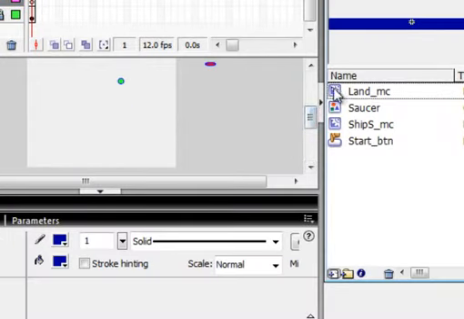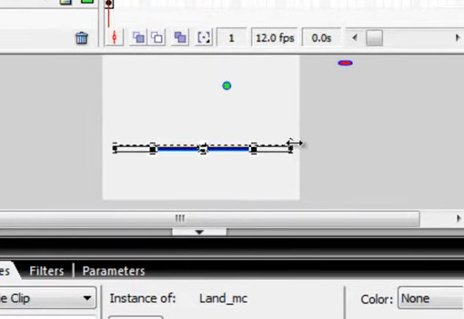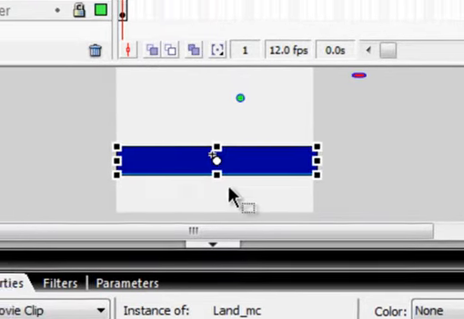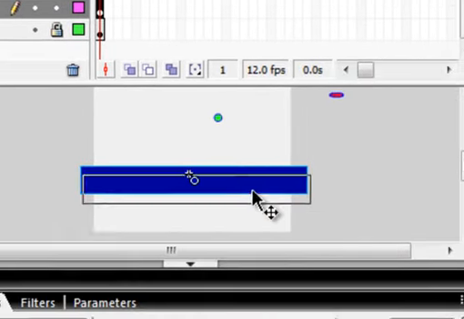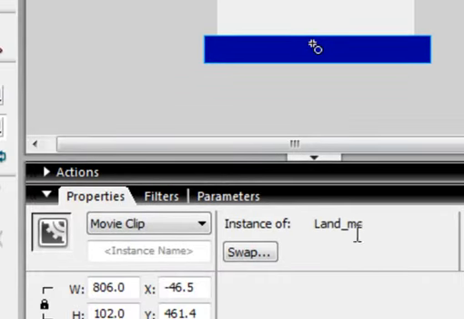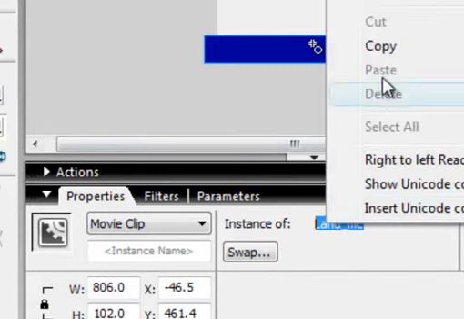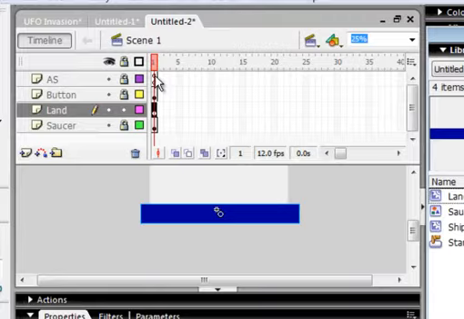Drag your land movie clip in, and I can see mine is way too small, so I'll go up here and get my transform tool, and I'm going to make it longer and a bit wider. I want to make sure it's covering the stage. Grab my selection tool, bring it down, and because I'm writing code on it, pick up this name here, copy it, paste it to give it an instance name, and now we're ready to write some script on this land. Back to our actions panel,